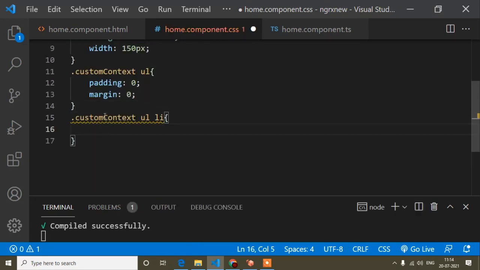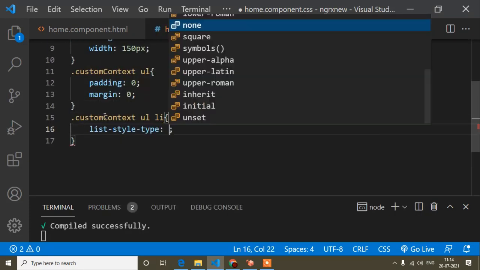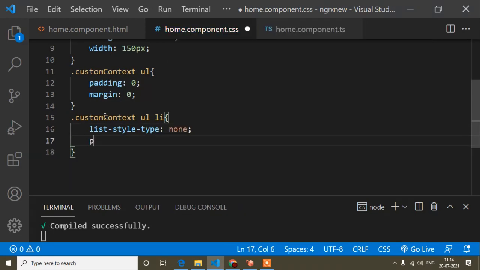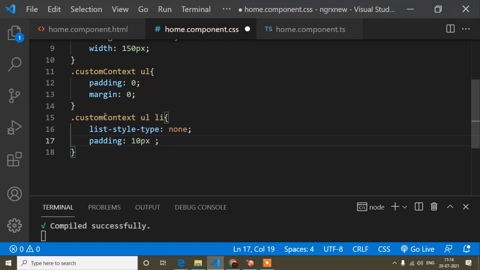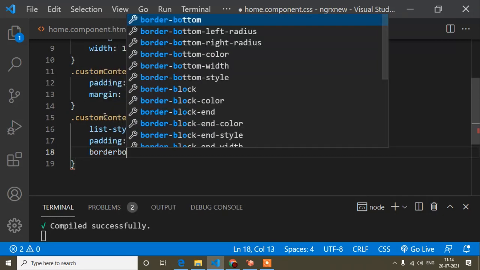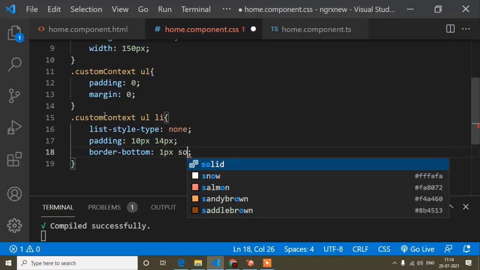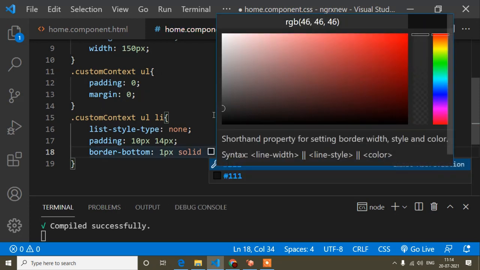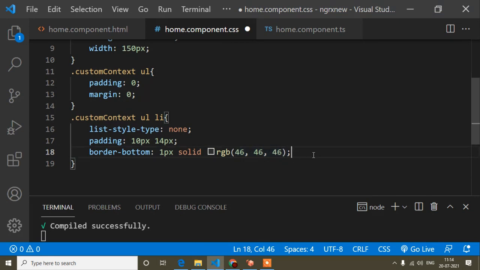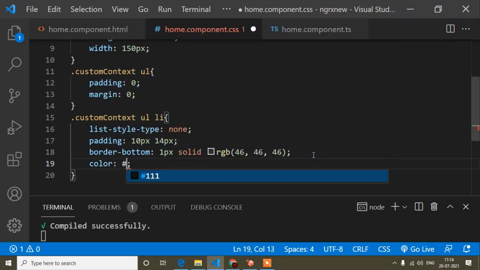Okay, so first of all list-style-type is none, and the padding is 10 pixel from top and bottom, and 14 pixel from left and right. And here I will write border-bottom. So border-bottom is 1 pixel solid. First of all I will set this color code, and I will change the bottom color, this one, like this, and for color I will write this color code.